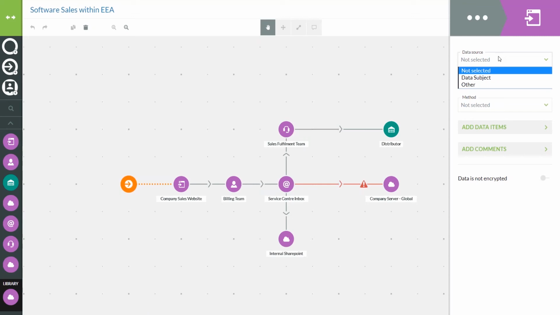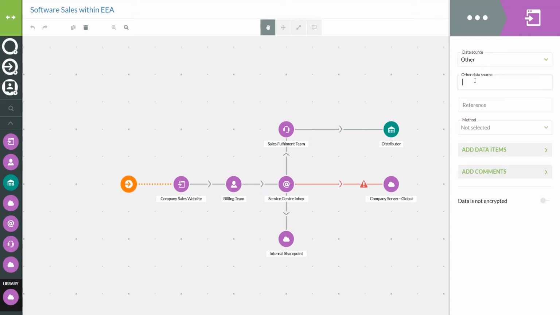Now, other could be maybe you're pulling that information from an external server, or you're gaining it from a separate company. That's entirely up to you. By selecting other, you'll then get a drop down here where you could stipulate what other is and then give other its reference as well for the process. For today, though, we're going to use data subject, and we're just going to say customers